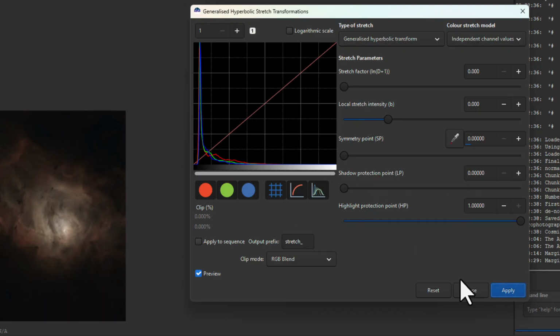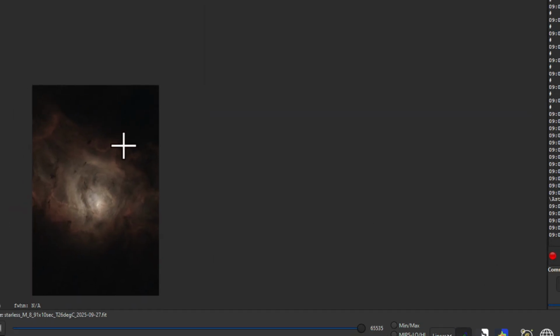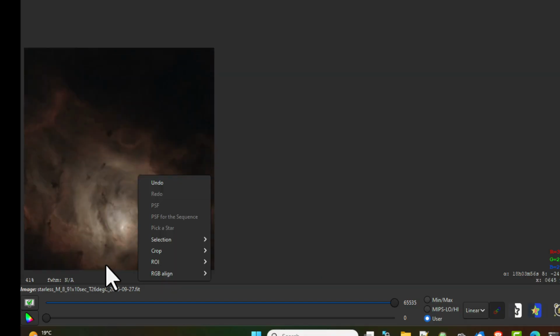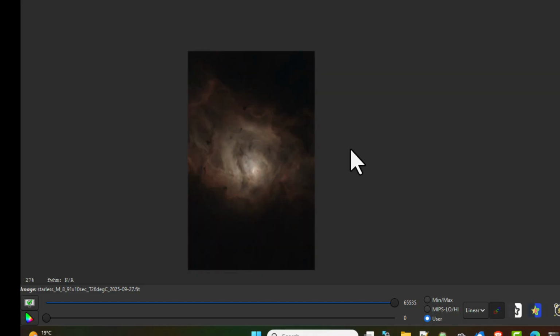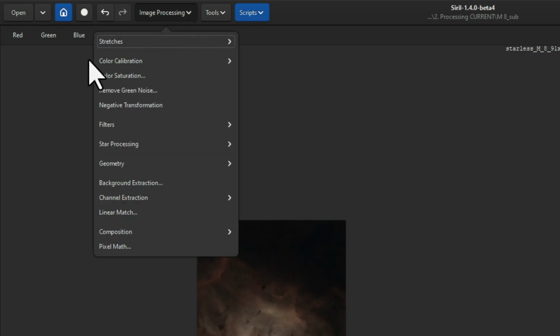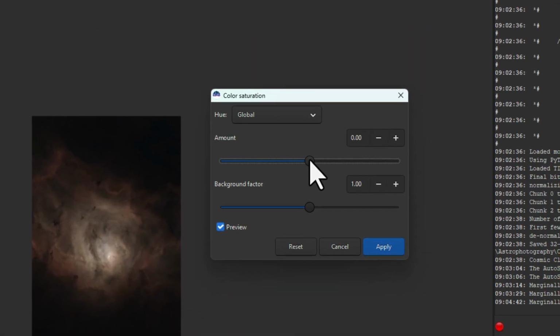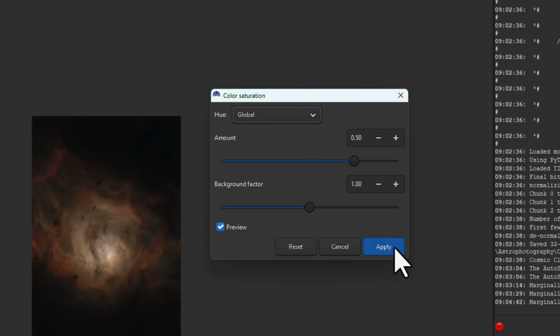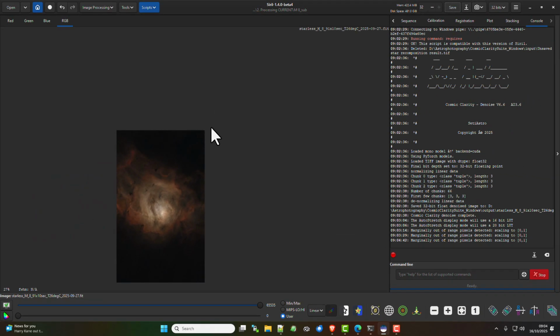There are other sliders down here, but I'm not going to go into what they do. If we zoom in a little bit now, you can see that is our starless image. After we've done the hyperbolic stretch, we can go in and do color saturation. We can try and play around with the colors a little bit if we want to change the color, and you can do it by different channels up there as well. I'm going to just leave it at that, click on apply,